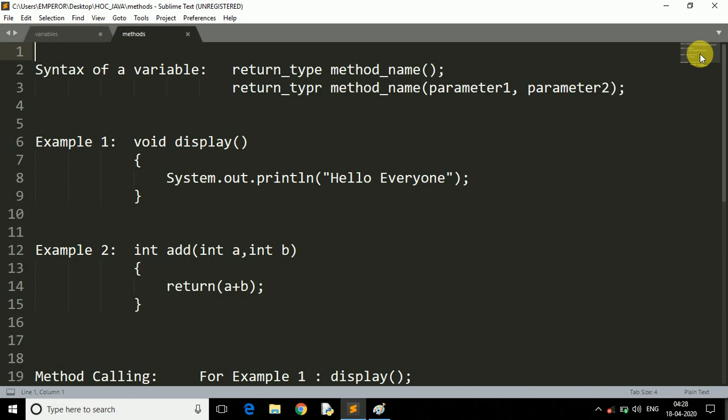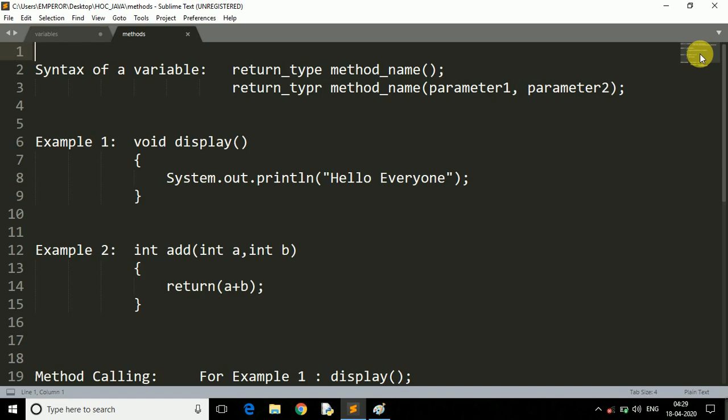Now what is a method? The formal definition says that a method is a group of code which is referred to by a name. If we want to perform the same task multiple times, we can specify that particular code inside a method and then call that method to perform the task. So a method holds the same code but works with different data values.